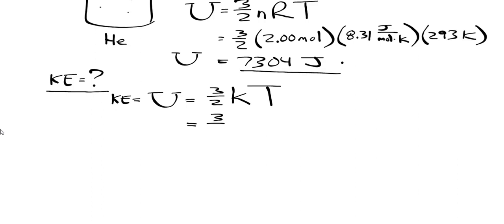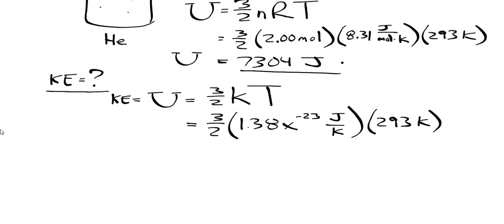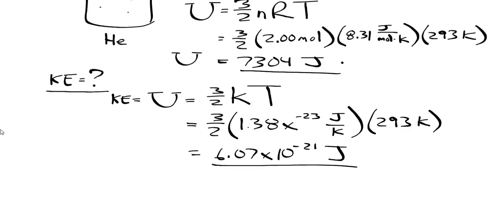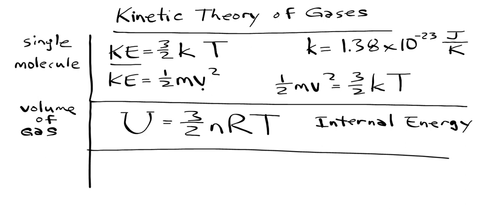Now I just have to plug the numbers in, and my answer comes out to 6.07 times 10 to the negative 21 joules of kinetic energy per molecule. This is the kind of thing you're going to be doing using these two formulas that we came up with